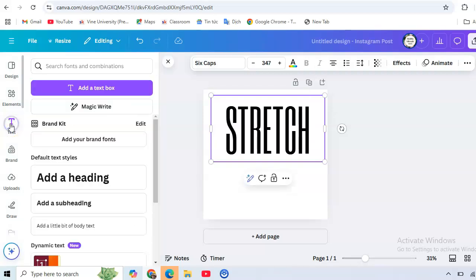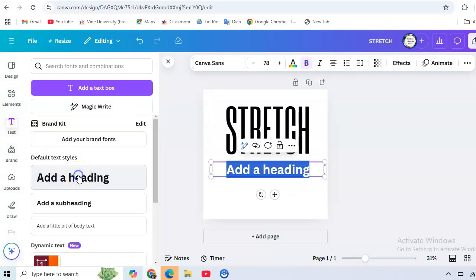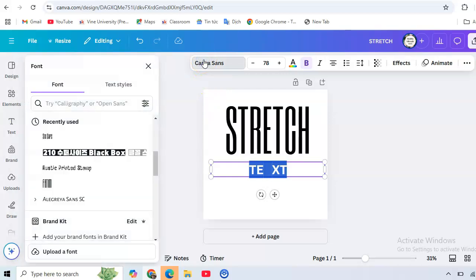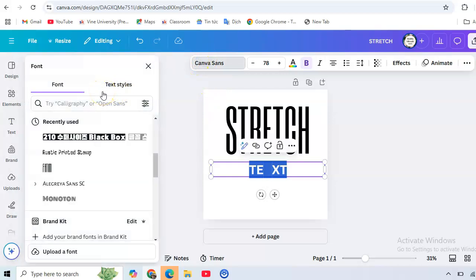After that go to text again and add a heading, and here you can type text, and here let we have space, and here you can change the font,